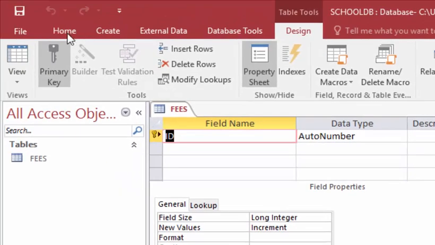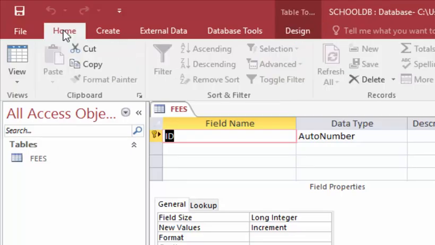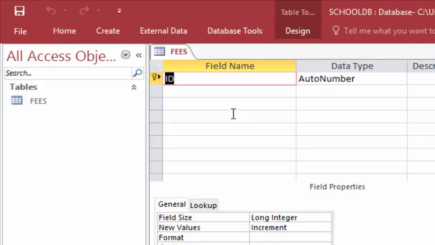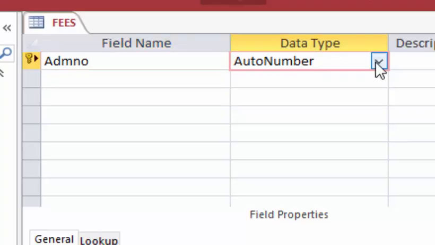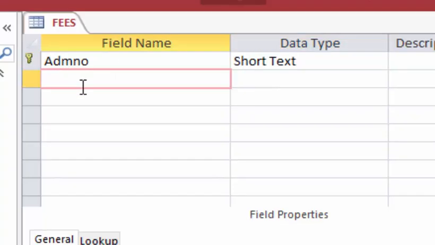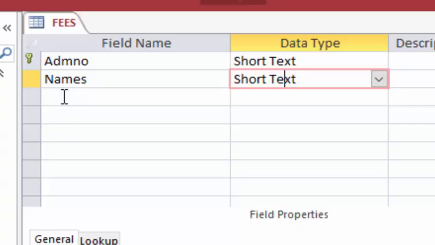Then I want to design the columns for the table. So I'm going to start with the first column for that table. Should be able to contain admission number of a student. And this one I want it to be short text because I'm going to include some letter M in the admission number. Then we can have names of the student,